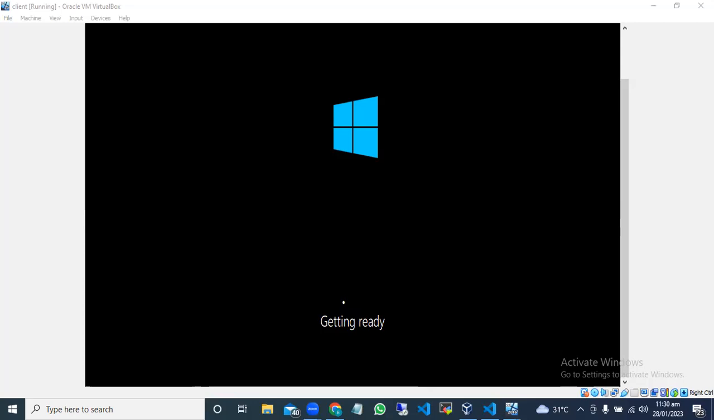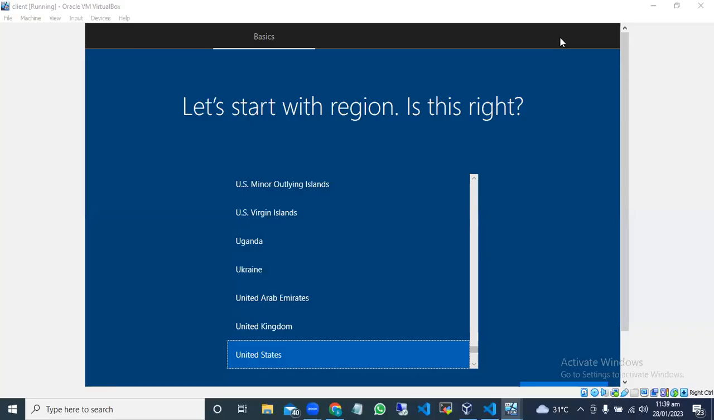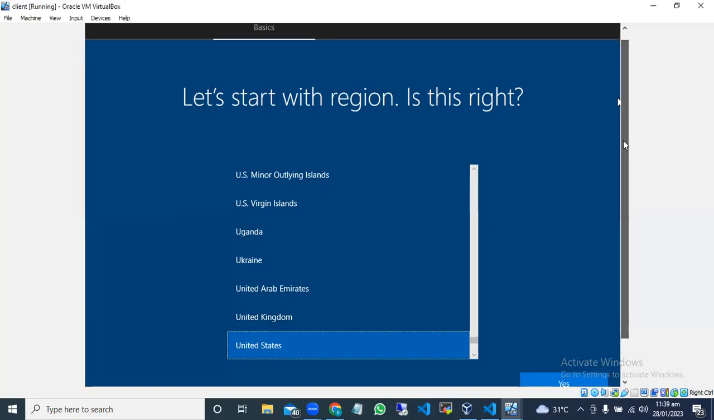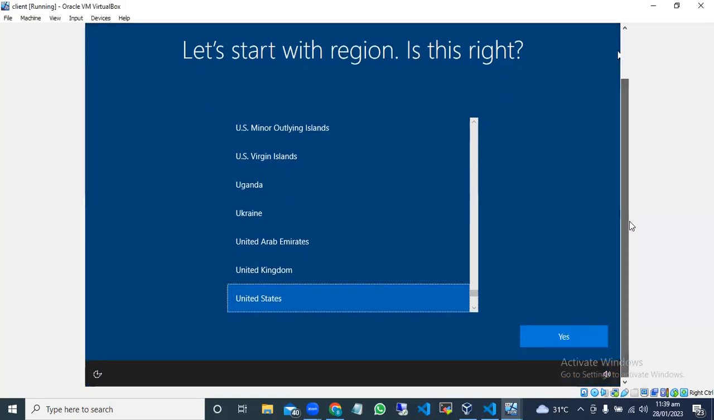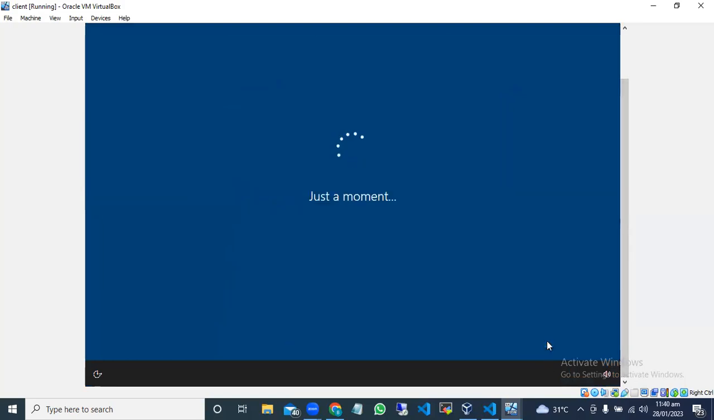So I'll stop sharing first. I'm going to pause now. Let me resume recording. So now our client machine is up. So what we need to do, it says start with the region. Is this right? Just click United States, yes. Just go ahead and click here, just like your normal installation. So when you click yes,